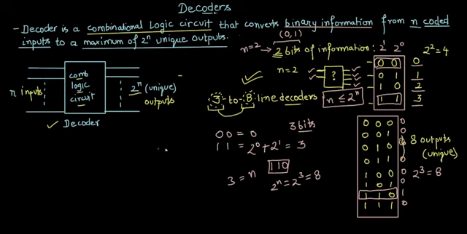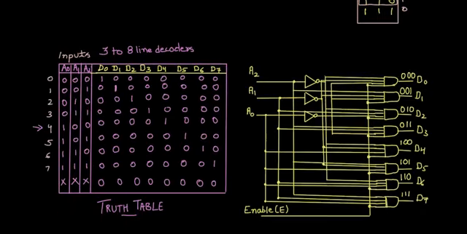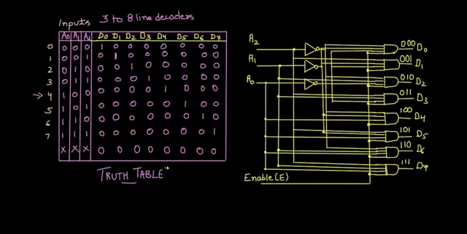So such a type of decoder is known as a 3 to 8 line decoder. And in this tutorial we are going to study this specific decoder, which is the 3 to 8 line decoder. 3 means encoded inputs and 8 means 2 raised to the power n unique outputs. So let's take a look at the characteristic table or the truth table for the 3 to 8 line decoder,